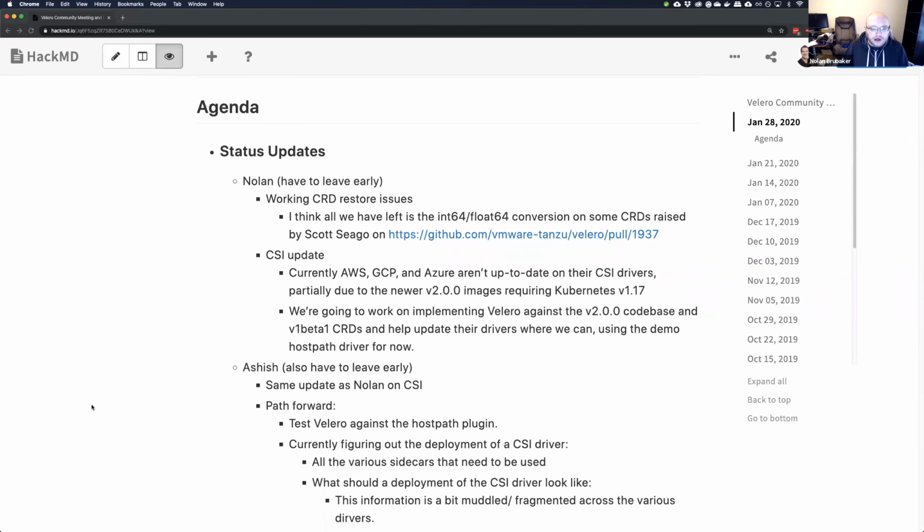Yeah, so primarily I've been working on the CRD restore issues. They had been on mostly with Velero 1.2 and Kubernetes 1.16, but Scott Seago from Red Hat brought to our attention that the fix we introduced actually introduced a regression because there's an upstream bug in the runtime.from unstructured function that needs to get fixed. So we need to submit a bug report upstream, but in the meantime,